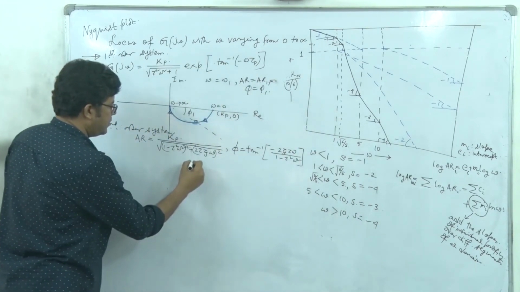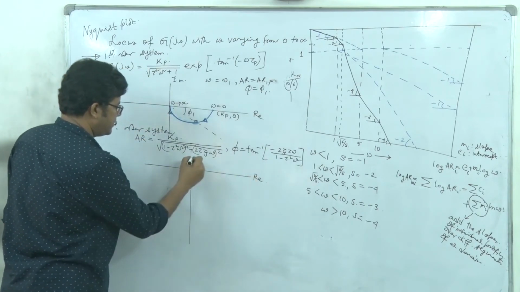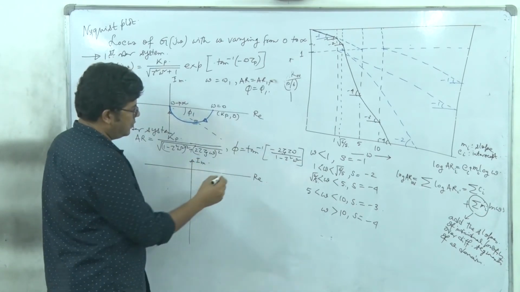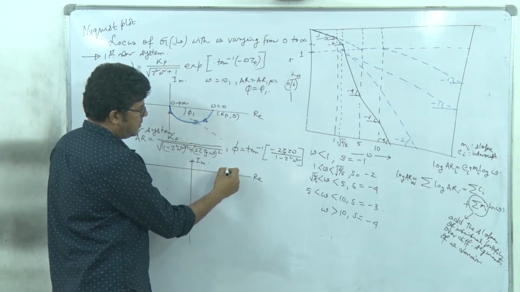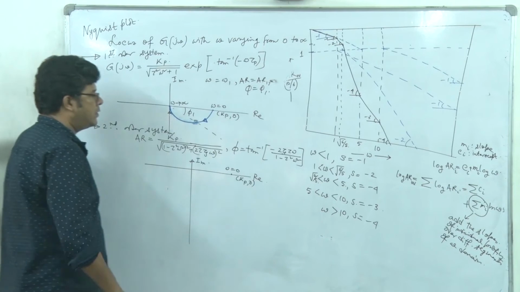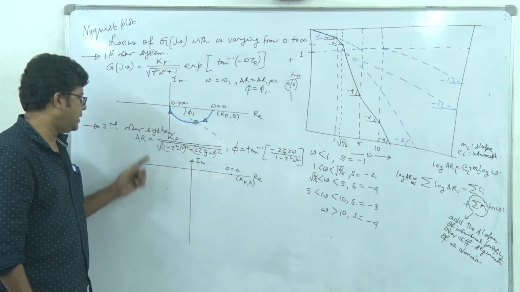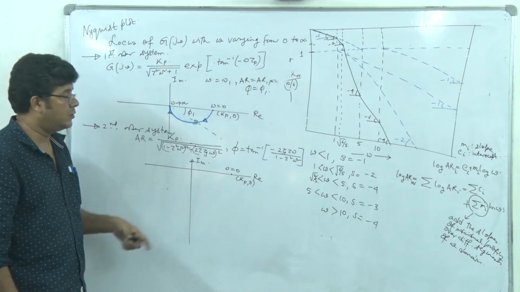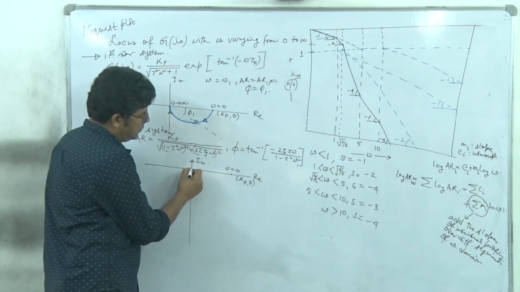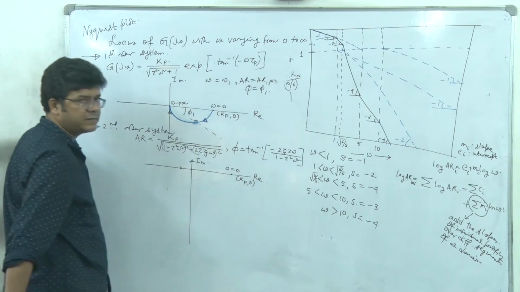Right. So again this is the real and imaginary axis. This is the positive imaginary axis. So omega is equal to 0 here. Omega equal to 0, this will be Kp comma 0. Now, when omega tends to infinity, AR tends to 0 and phi tends to minus 180. So this central point will be approached from this side because this is angle minus 180.